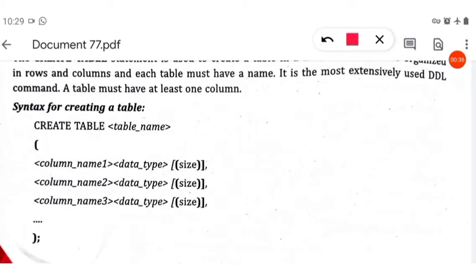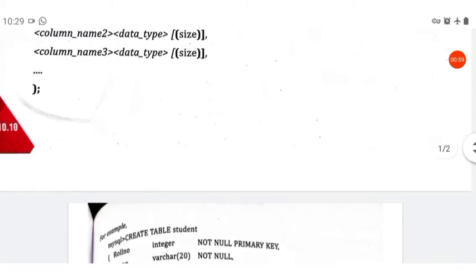Then close the bracket that you opened. At the end of each MySQL statement you have to put a semicolon. This create table is also a MySQL statement, so to mark the end of the statement you put a semicolon. This is how we can create a table.